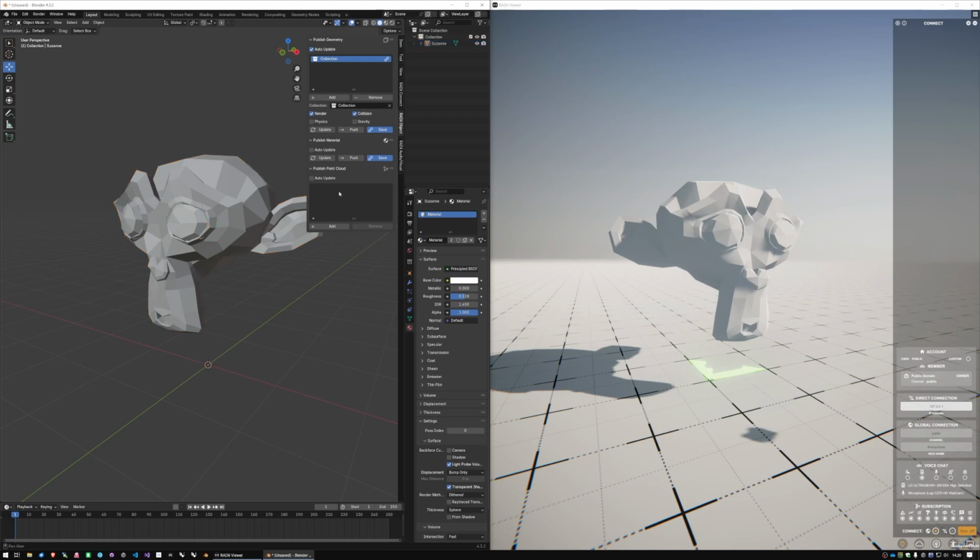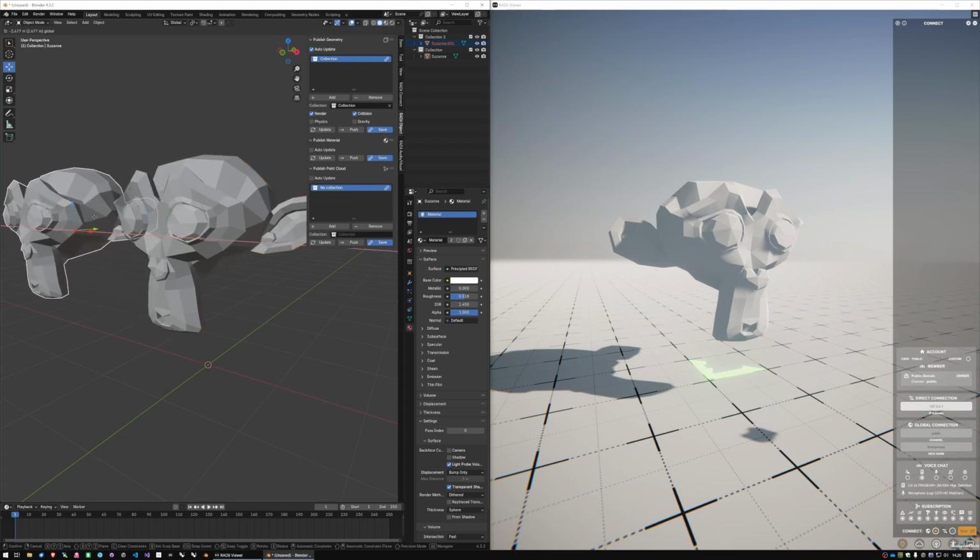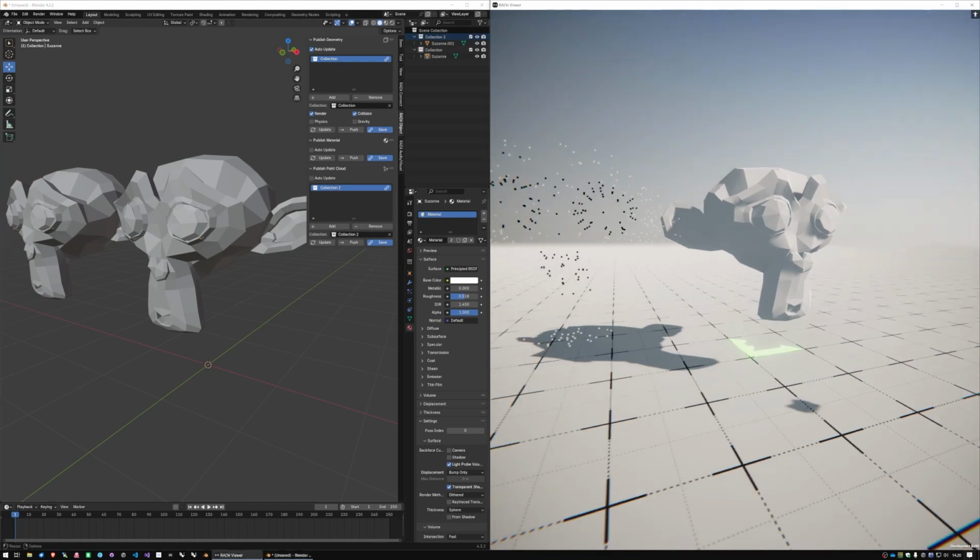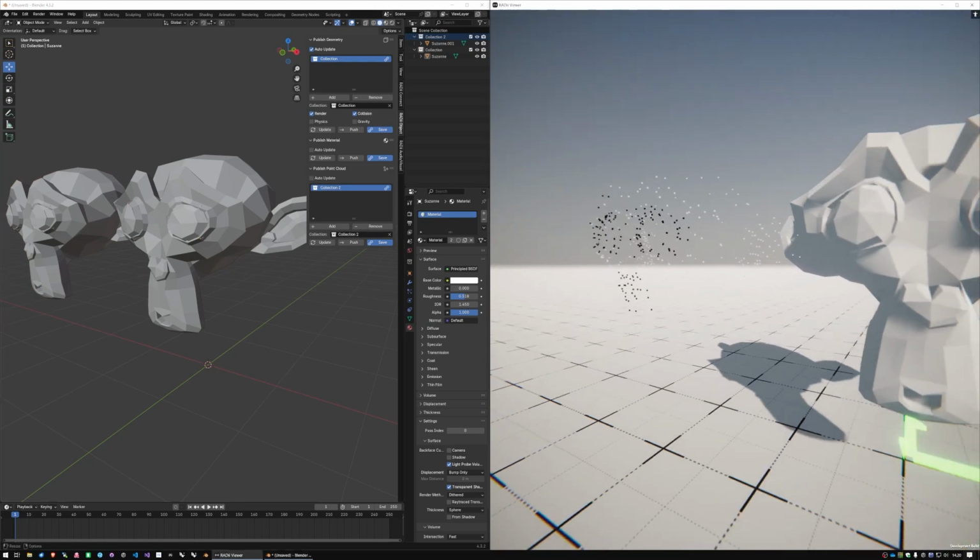And then downstairs here at the bottom of it we have published point cloud. That basically works the same. You would make a collection, and inside that collection you would have a point cloud. But you can also just for fun have a collection that just has a mesh. Let's put it up here, and then make a new collection. Let's move it out over here so we can see it, and then drop in the collection here, and then you can see you have a point cloud representation of that mesh.